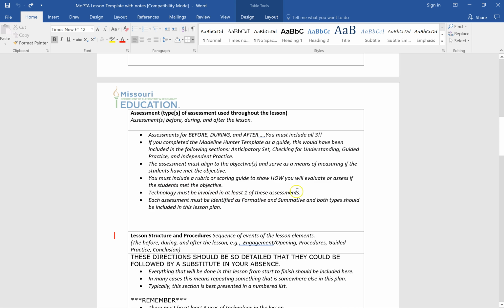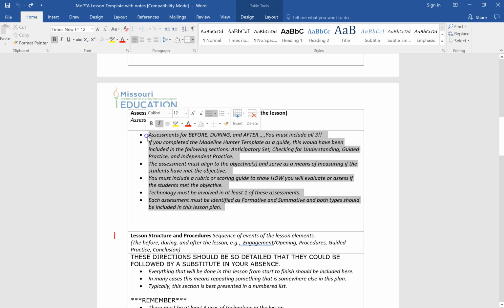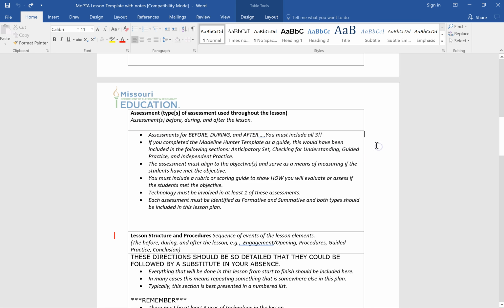Technology must be involved in at least one of these assessments. So in at least one assessment, either before, during, or after, technology needs to play a role in that. Remember, this is technology for teachers. So we need to see you using that. And then each assessment must be identified as formative or summative, and both types should be included in the lesson plan. So there's quite a few details in here and a lot of important things. And once again, you're going to highlight,